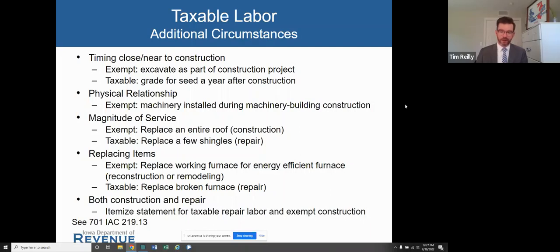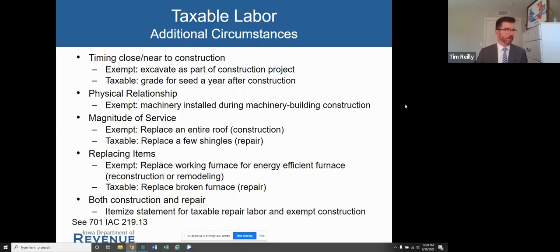Another one I think is important to remember, the first bullet point there. If you've got a construction project that is generally deemed complete, and then the sponsor hires, could even be the same contractor, a good amount of time later to do additional work at that newly constructed building, it may not be part of that construction project. It may just be a separate taxable service that company is providing.